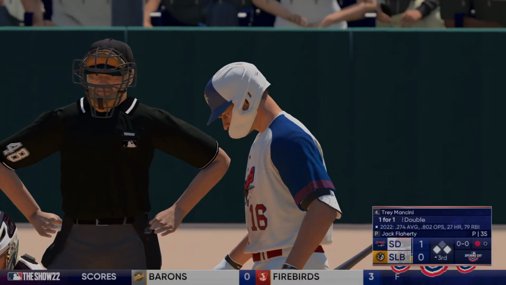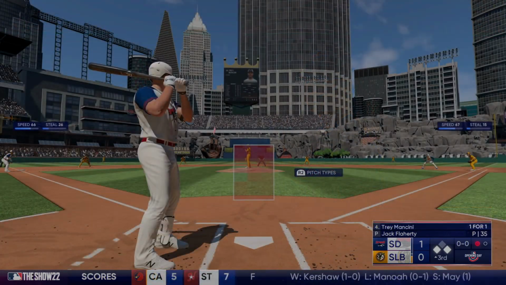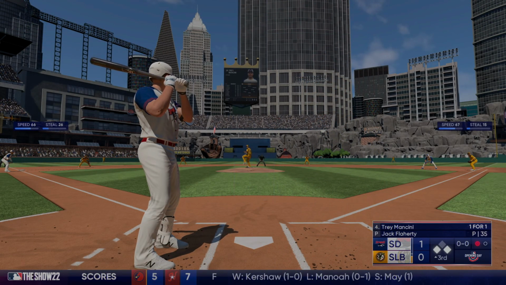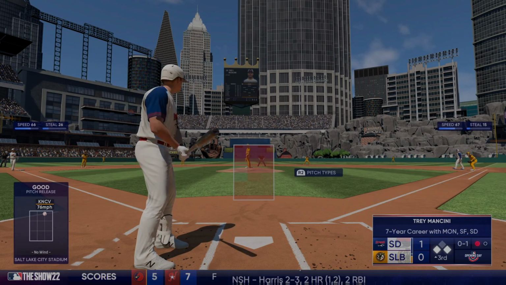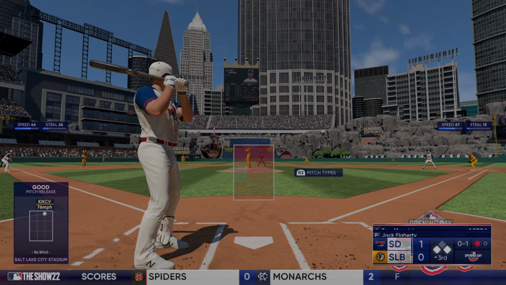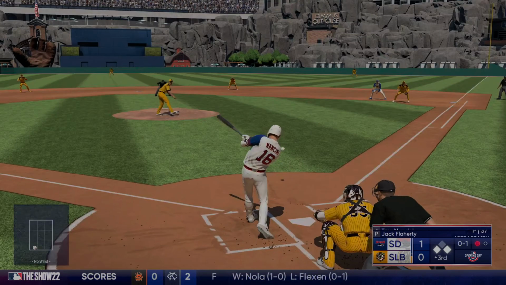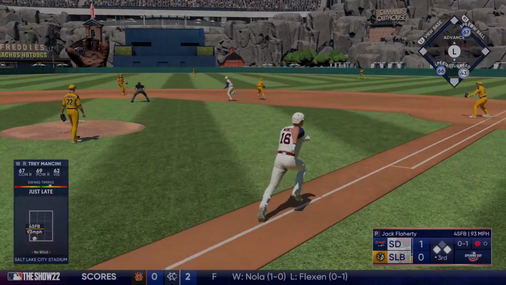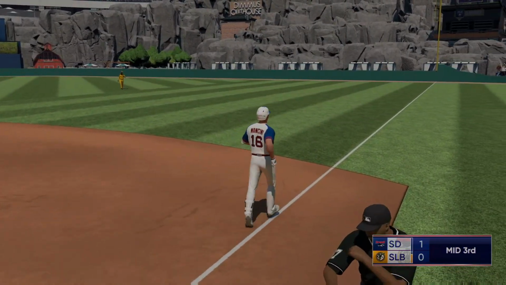And a 1-0 game. There's Trey Mancini up again, 1 for 1 after that double. Still 1-0 here, first and third, 1 out. And that was a pitch that he should have swung at, a hanging knuckle curve for strike 1. But now the second pitch of this at-bat is a ground ball, and it's to second base, and unfortunately, that is going to be a double play to end the top of